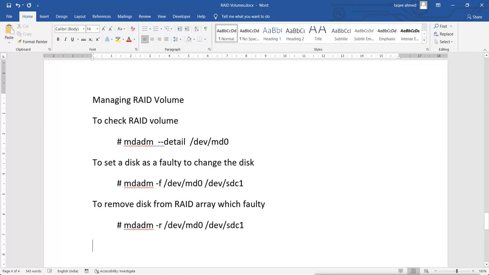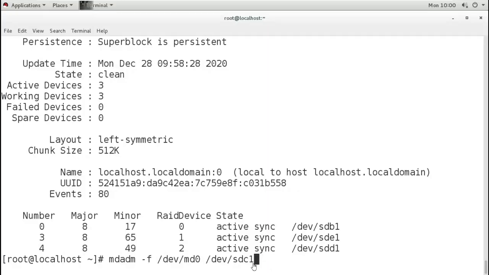Now when I have removed it, I want to add a new disk, meaning another disk. Now when I add the new disk here, it will remain as a spare, because we have a provision for one spare disk and we already have 3 disks running.